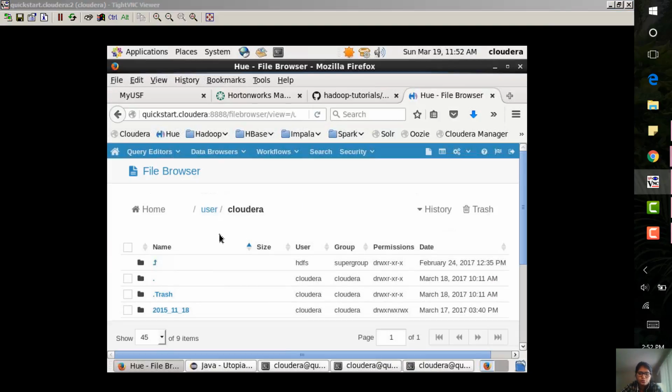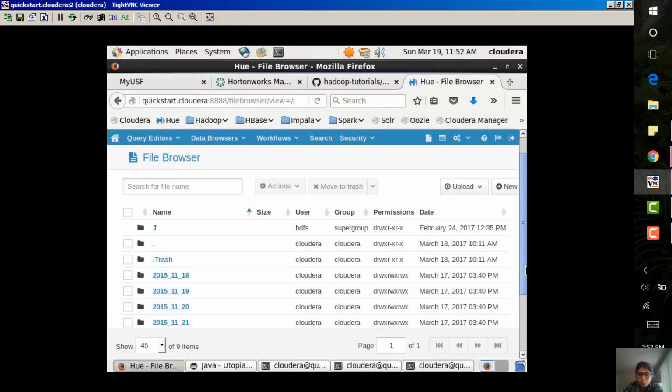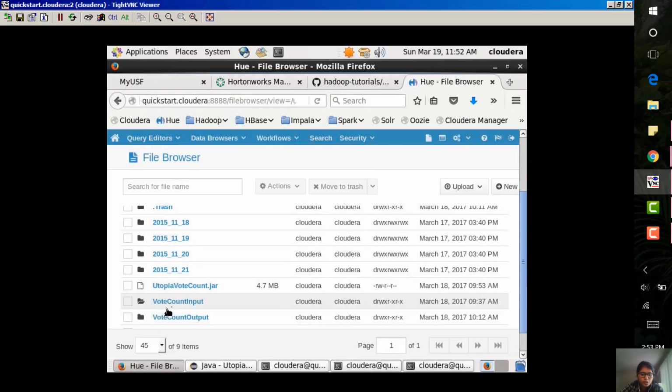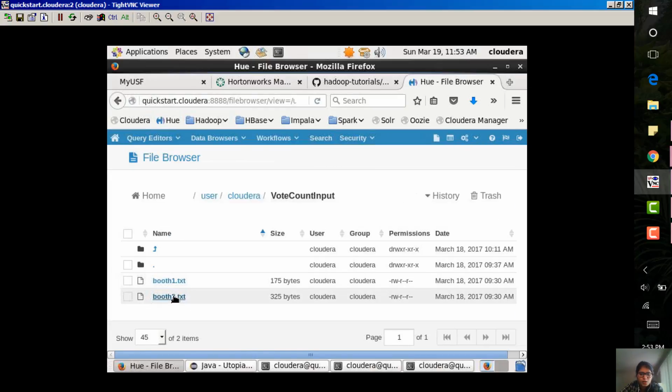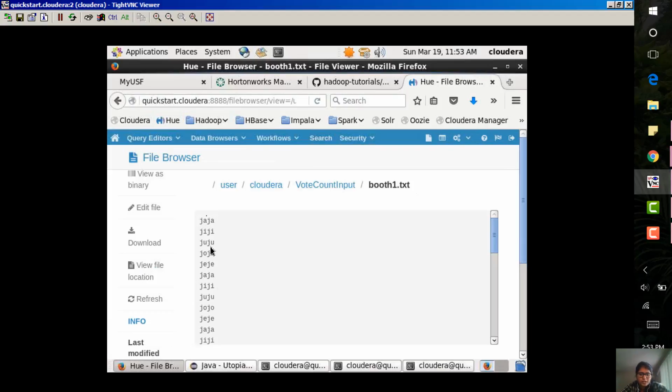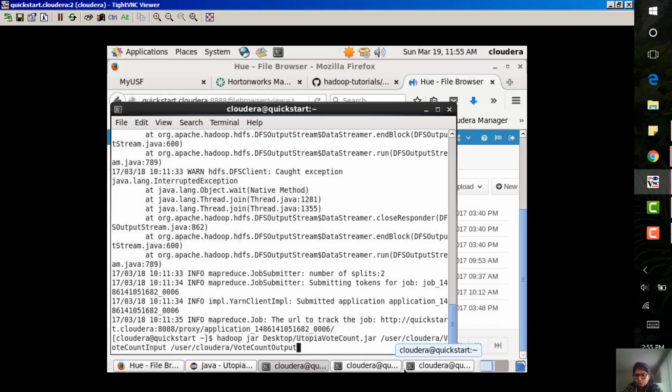Now we are going to run a MapReduce job through Hue. We'll create an input file in Hue, named Utopia count input. For this example we are taking the count of votes of booth 1 and booth 2. For example, booth 1 has this many entries of votes in it. Next we go to the